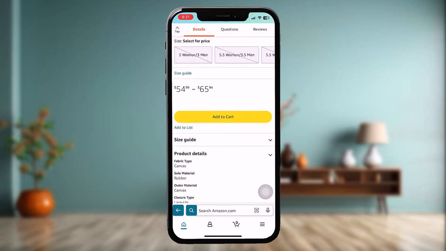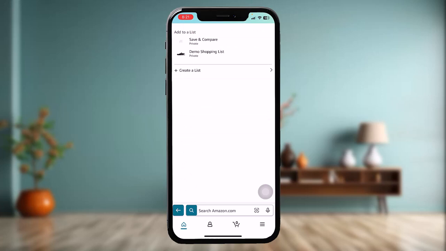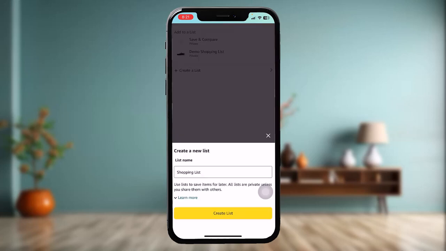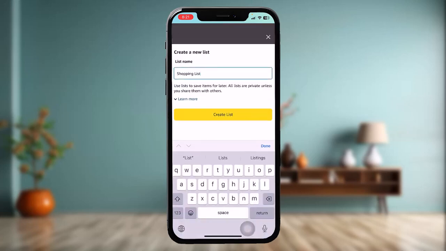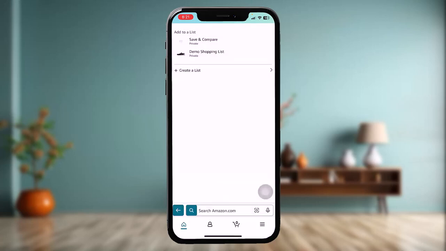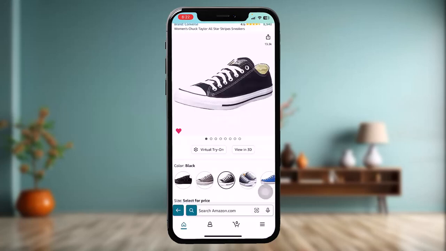Now all you gotta do is tap on that, and once you tap on that, if you have already created a list, then simply tap on that, and if you haven't created a list, simply tap on create a list and then type in the list name that you want, and then simply tap on that list. The item will be added to your Amazon wish list, and in order to check it, tap on the profile